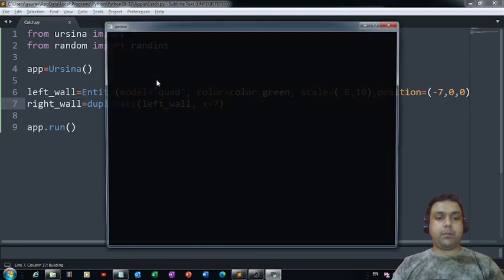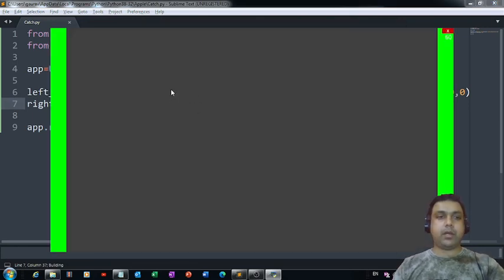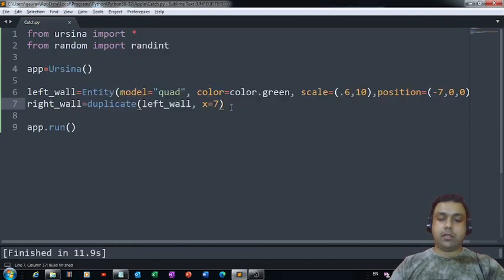Let's build it on Python and see what we are going to get. So we are now getting two green walls, and they are opposite to each other. Now let's close the window, and it's time for us to define the code with the help of which we